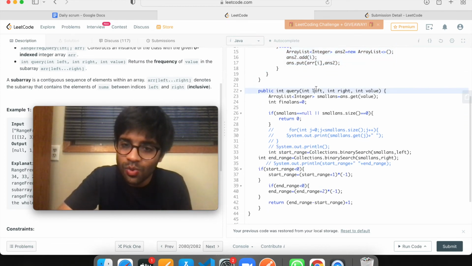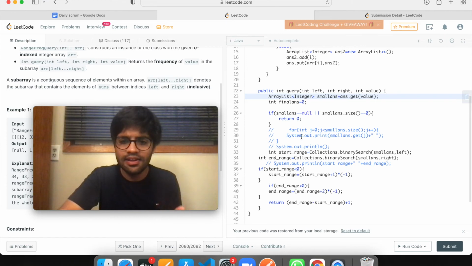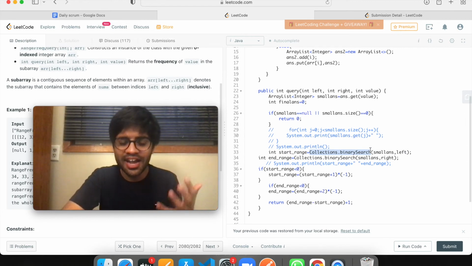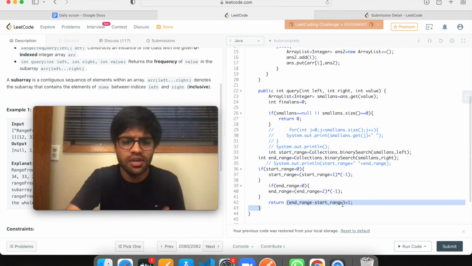Once you get the query, get the array list associated with the value, and then do the binary search. For binary search, I have used Collections.binarySearch. In the contest, I actually wrote the binary search myself, but you can use Collections.binarySearch. Do the search here, get the start range, get the end range, and simply calculate how many elements are present in between them and return it.